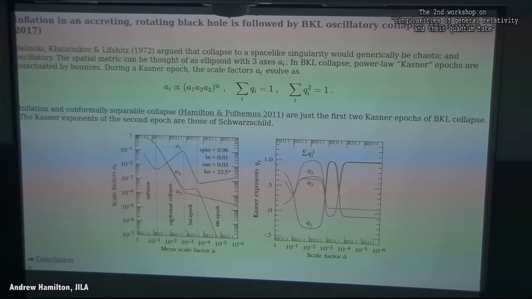No, it's not vacuum. This is an accretion flow. I have 2 collisionless streams that are focusing along the ingoing and outgoing null directions. For small accretion rates, in this case, I've written them down here: an outgoing accretion rate of 0.03 and an ingoing accretion rate of 0.01 in black hole units. So it's small accretion rates, small enough that you get hyperrelativistic accretion. That is the source of the